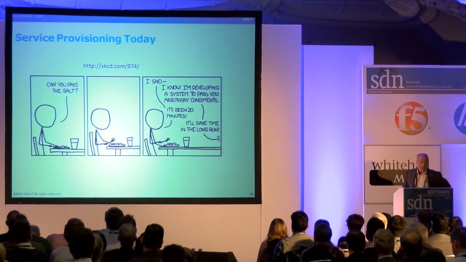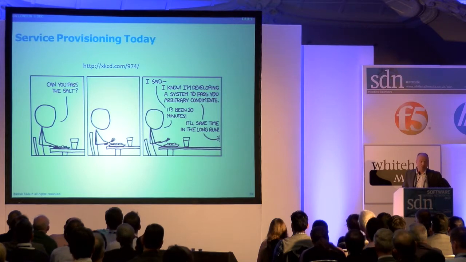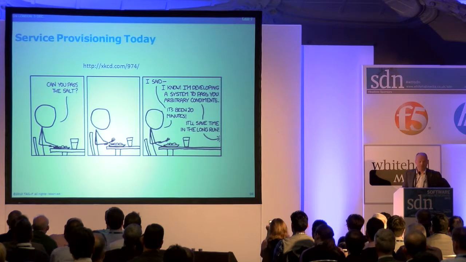Service provisioning today. Let's say you need a VPN. This is how it looks today. You talk to your integrator, and the integrator comes back 6 months later with maybe some Perl and Python scripts, or you go to your ponytails in the basement that do the manual configuration. This is where we are today on VPN and ACL provisioning. So bring me the salt.